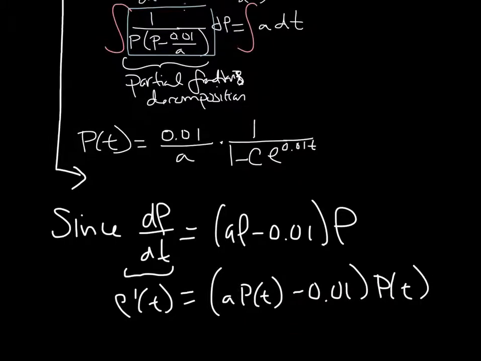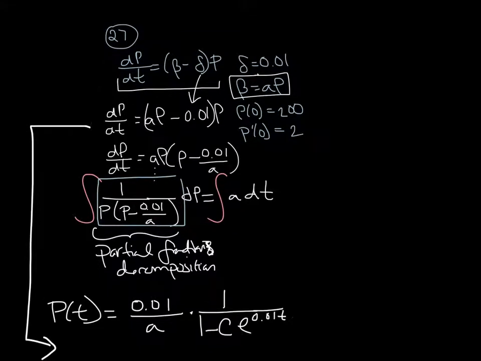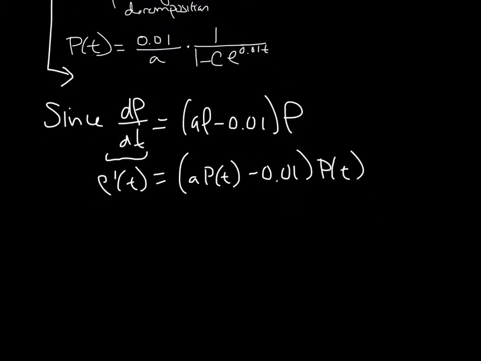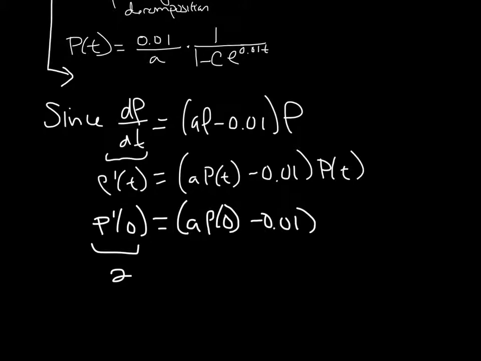And again, given information, we know P prime of 0 is 2. So I'm going to use that given information. So P prime of 0, this guy's going to be 2. And so I have the following: A P of 0 minus 0.01, and then we have P of 0, and I end up with the following. Well, P of 0 is going to be 200, so this is really 200A,